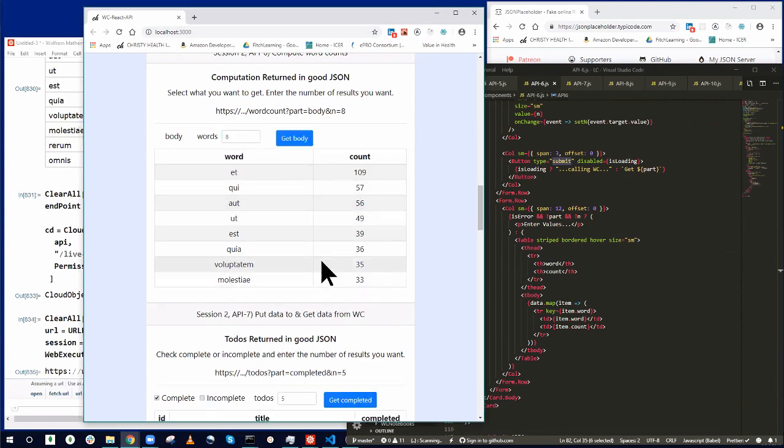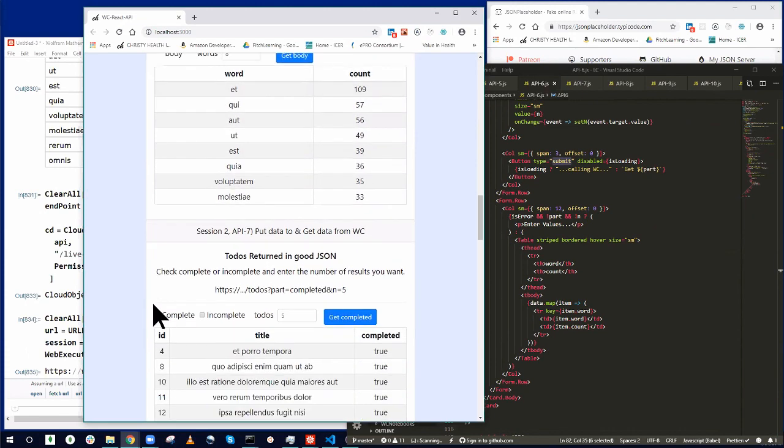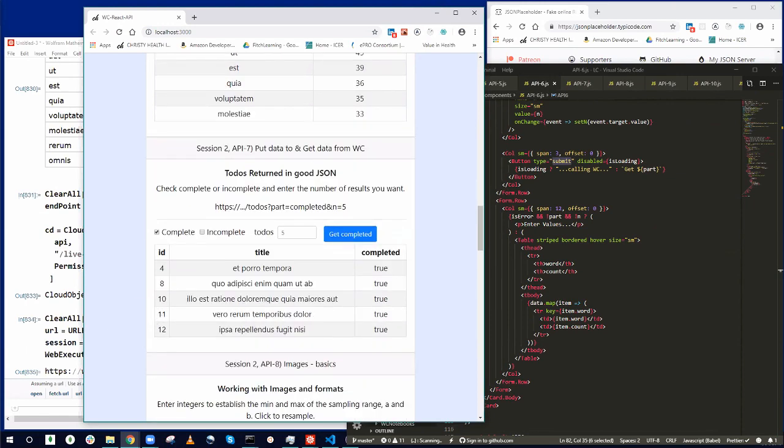Okay, so there you go. So again, keep in mind that we're going external to Mathematica to pull in a bunch of posts, extracting from body all of the words, doing a word count, and then returning it back to us in good JSON form, okay? So there's one more example that I'm going to try and burn through really fast